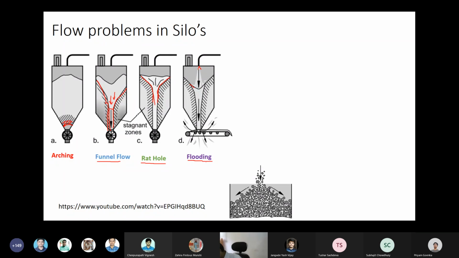Now, another thing is called segregation. Whenever you are storing particles of different sizes, some of them small and some of them big, whenever you have a distinct size difference, when you fill the silos,